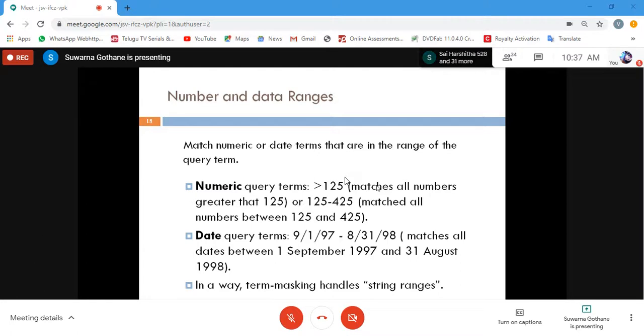Here numeric means it is going to check greater than or less than conditions, or all the numbers which match a specific range. Or it can be associated with dates also. From this date to these dates I want a particular result. Any date you can consider. I'm interested in the attendance of the month September 1st, 2020 to September 30th, 2020. You can specify the date range and then you will get the answer.